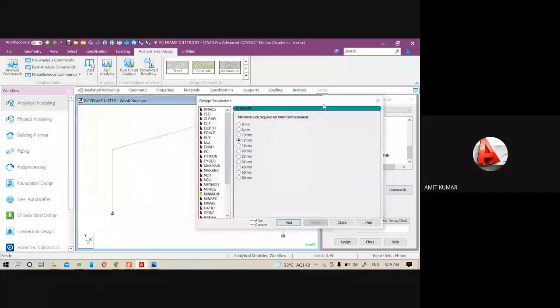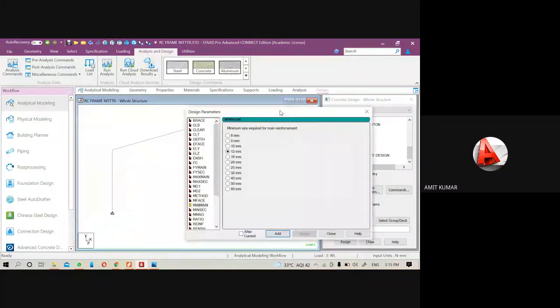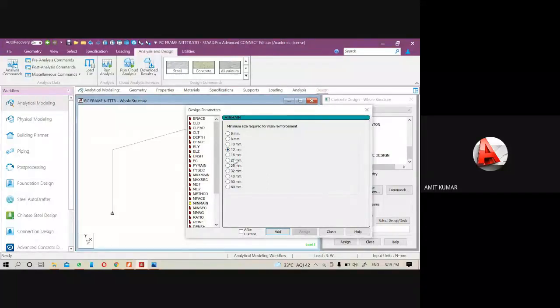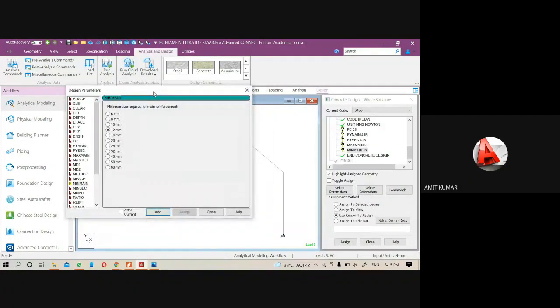If there is more load and you provide a range between 12 and 20 mm, but the output requires a bar size more than 20 mm, the software will give you an error or warning, like the percentage of reinforcement is exceeded or the concrete is failing. According to that output we will change these parameters. So here I provide the maximum bar size as 20 and the minimum as 12. That means the main reinforcement bar will be assigned between 12 and 20 mm.